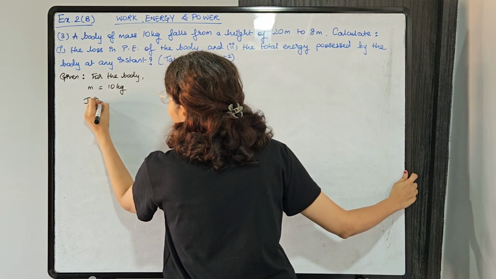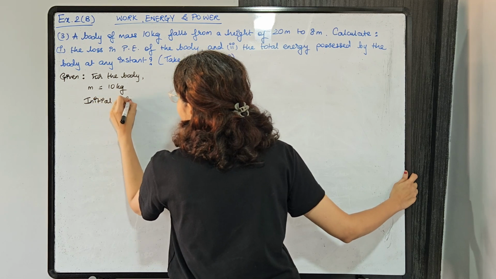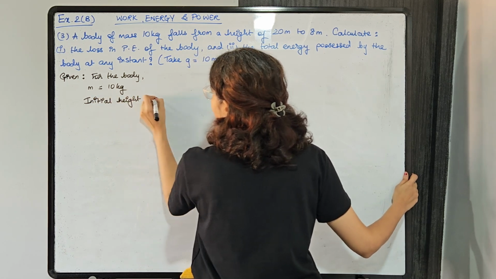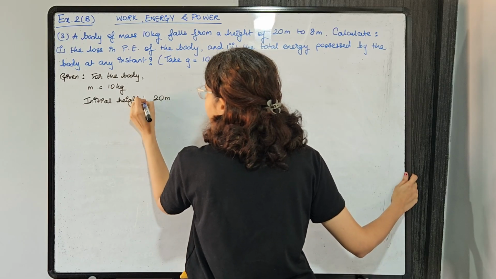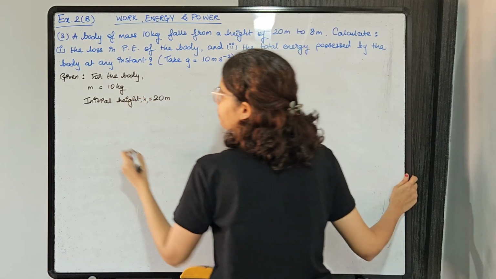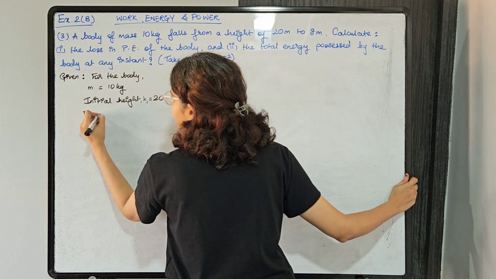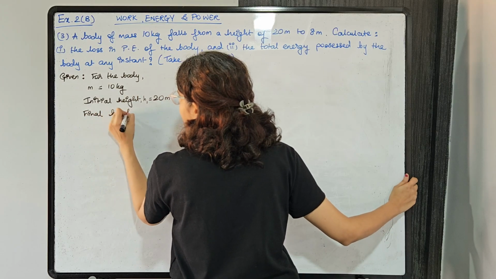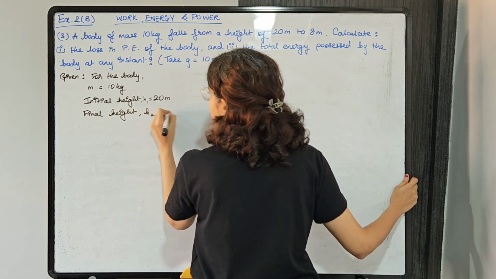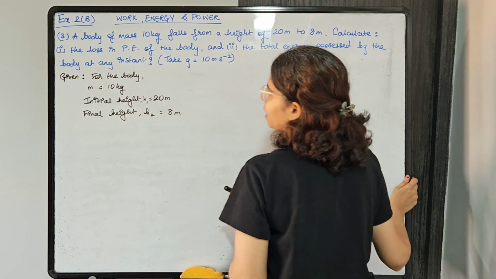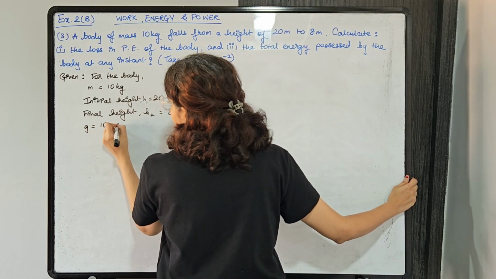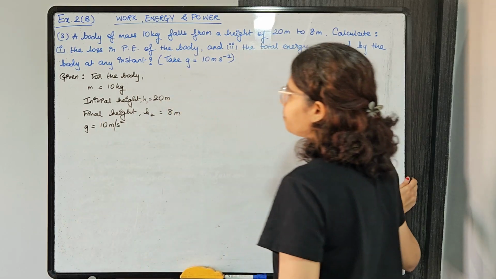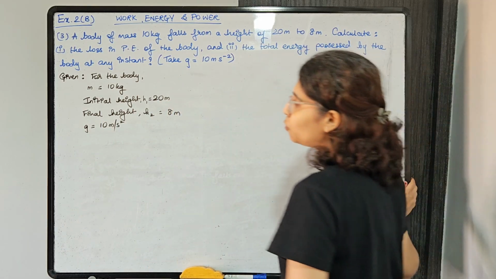Initial height, let's take it as h1, okay? h1 is 20 meter and final height h2 is 8 meter. All right, and g is given. Now to find,